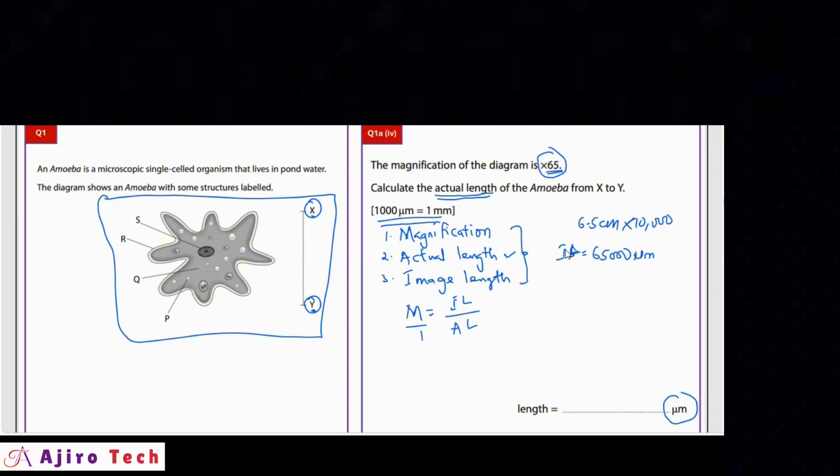So if I cross multiply, I'm going to have magnification times the actual length equals image length. Don't forget that I'm looking for actual length, which is AL, so I'm going to retain my A. My M will have to go to the other side, so M, on getting to the other side, will have to divide image length so that my actual length will be equal to